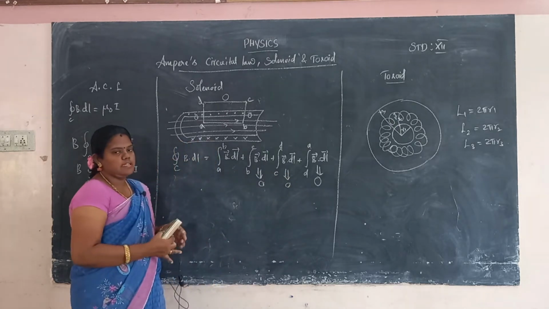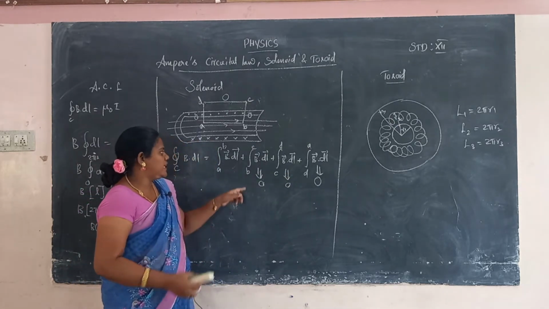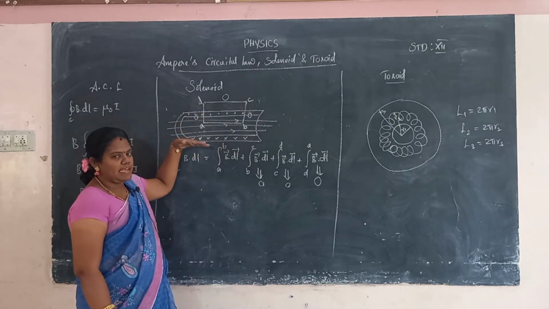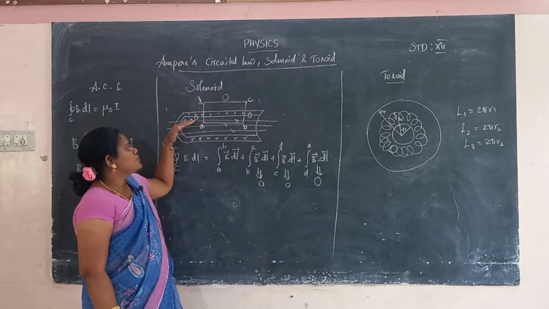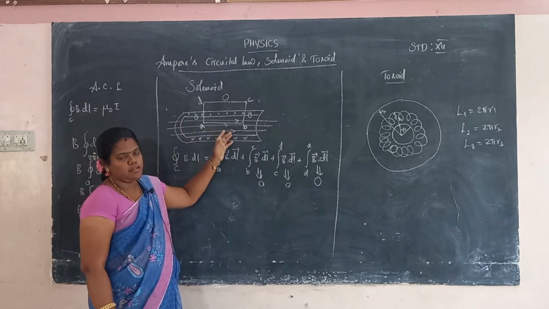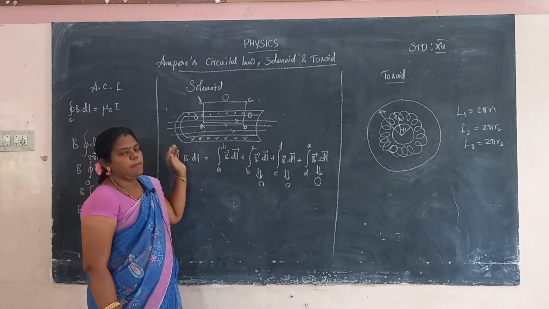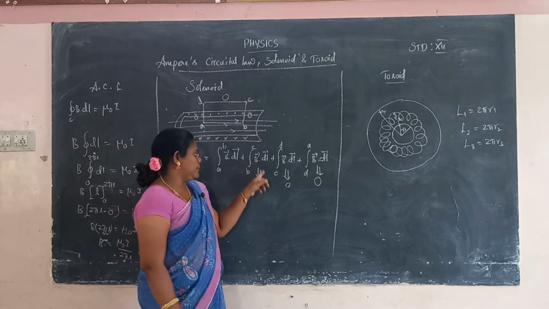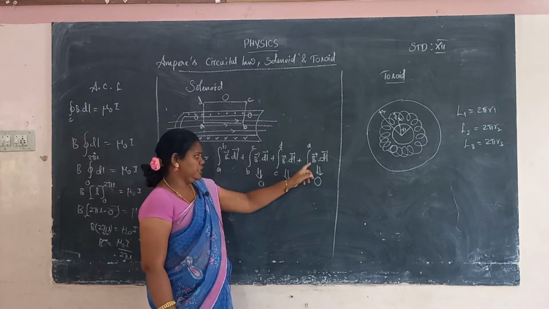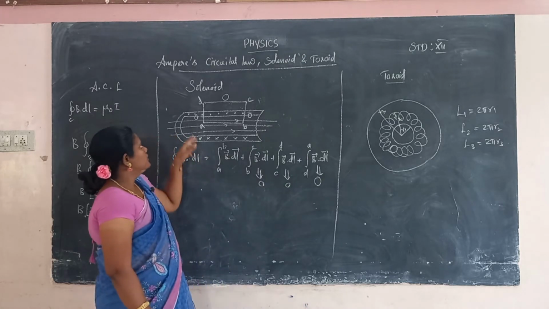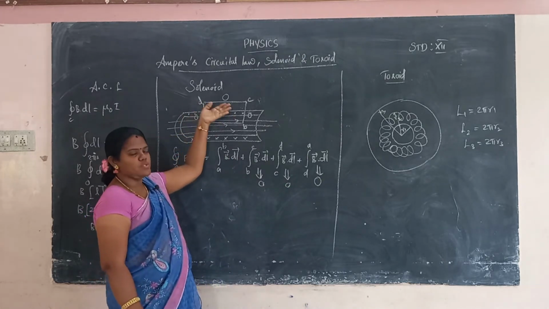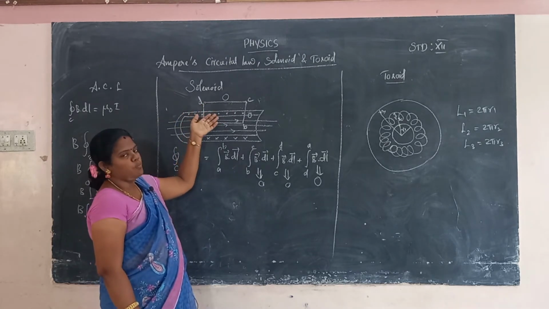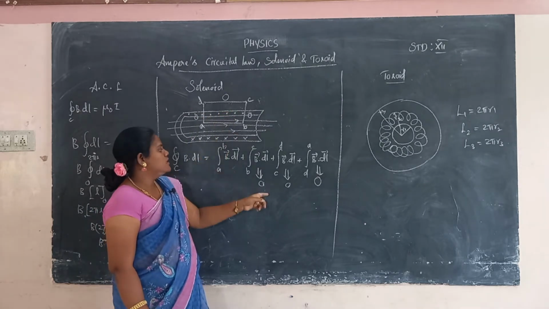Why are the three terms 0? At the sides B to C and A to D, the magnetic field and the current element dl are perpendicular to one another. So theta is 90, and perpendicular to each other, the term will be 0. So at B to C and D to A, it will be 0. Then C to D is outside of the solenoid. Current is there but no magnetic field at all, so C to D is 0 also.